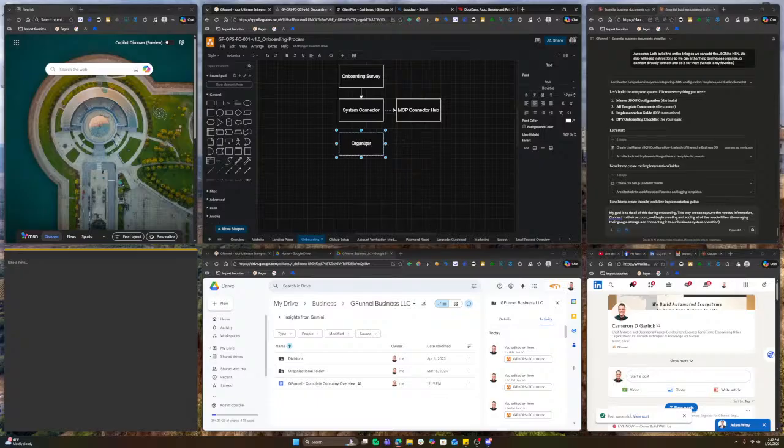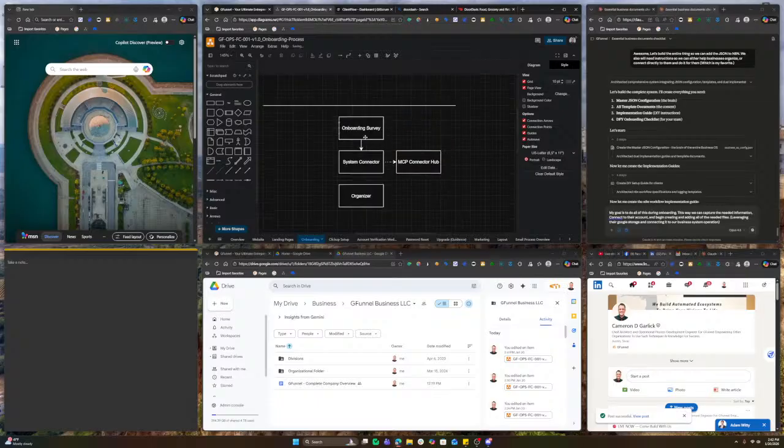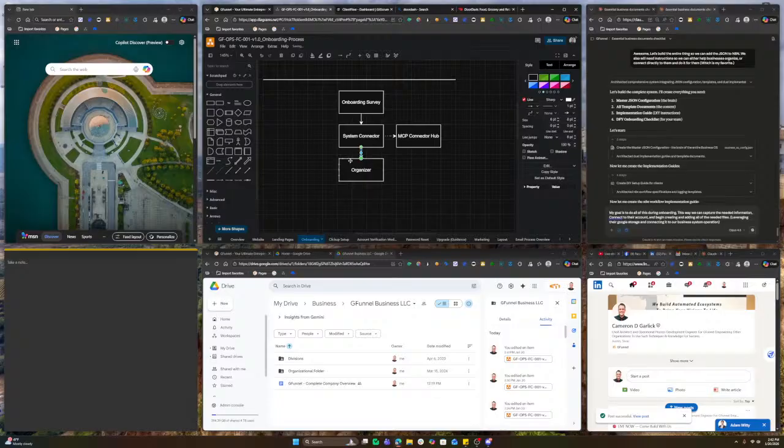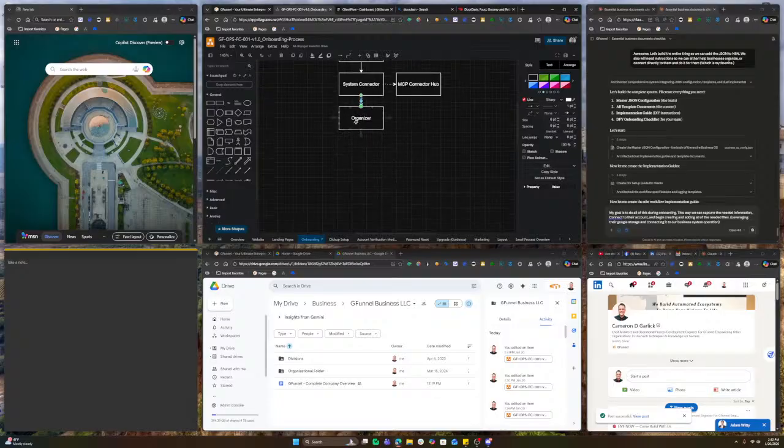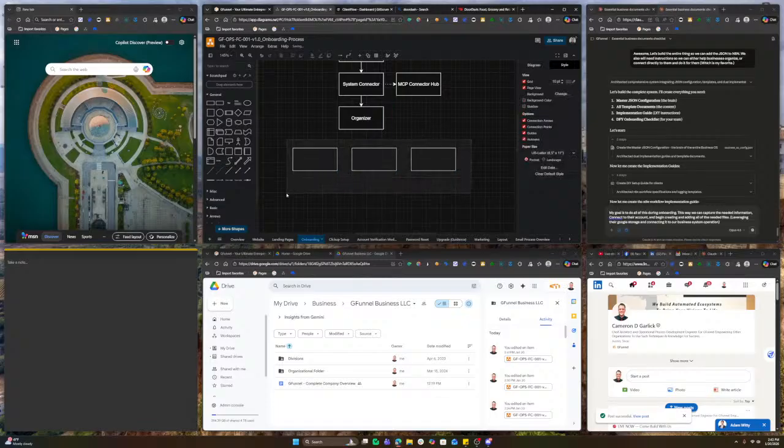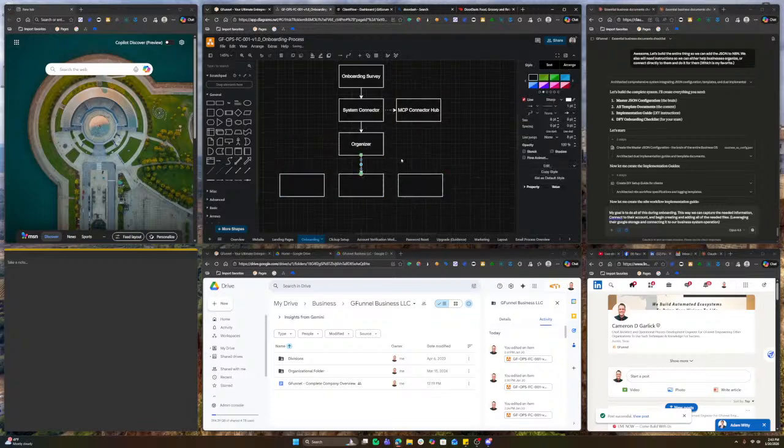The organizer is based on what type of information you put in. This is who you are. You're this business. You're this person. You're XYZ. And then it's going to direct them to a specific place. So now we have this, and we have this. The organizer is, in a sense, going to give them that custom experience.